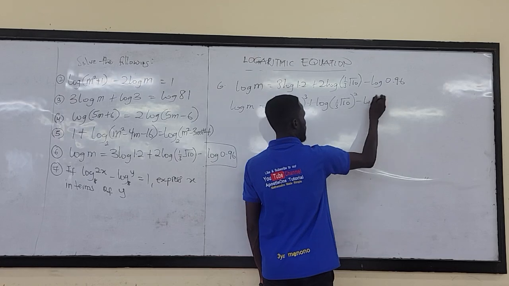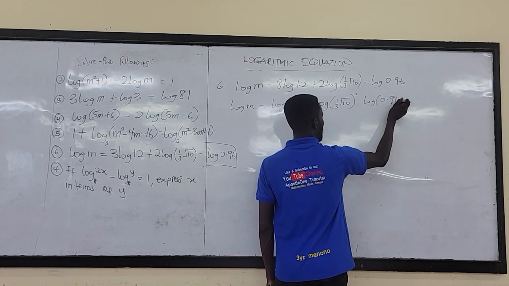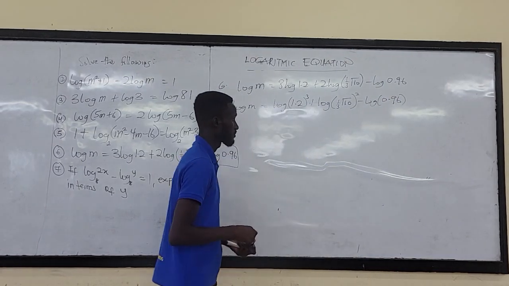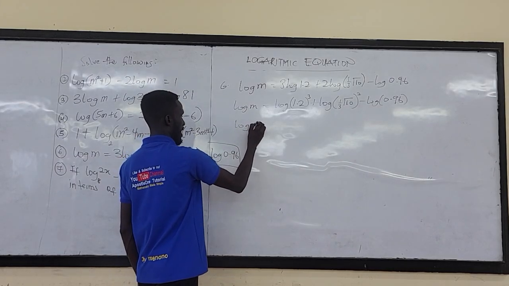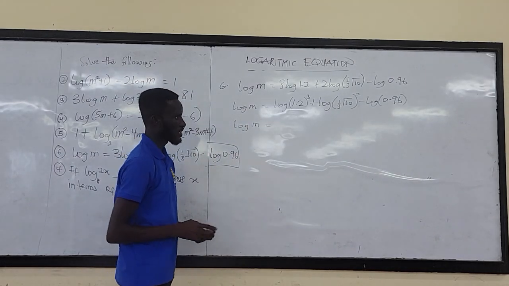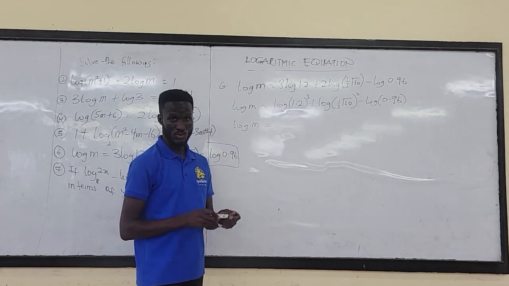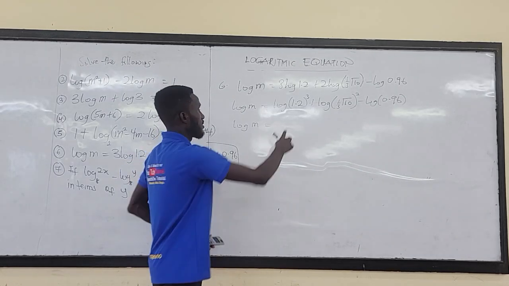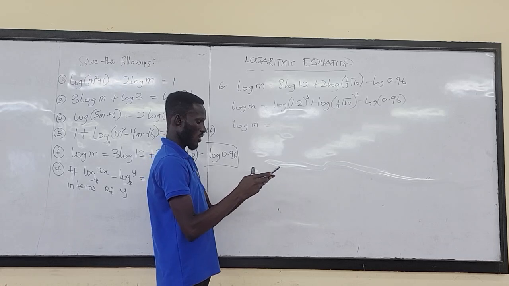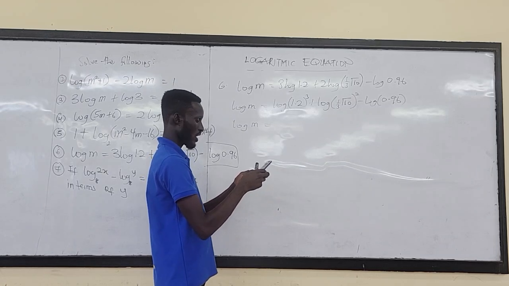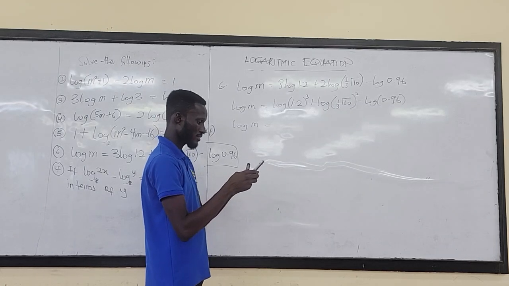Then we have minus log 0.96. Now this one will give us m is equal to. Now we need to do a small calculation. You can check 1.2 exponent 3 will give us